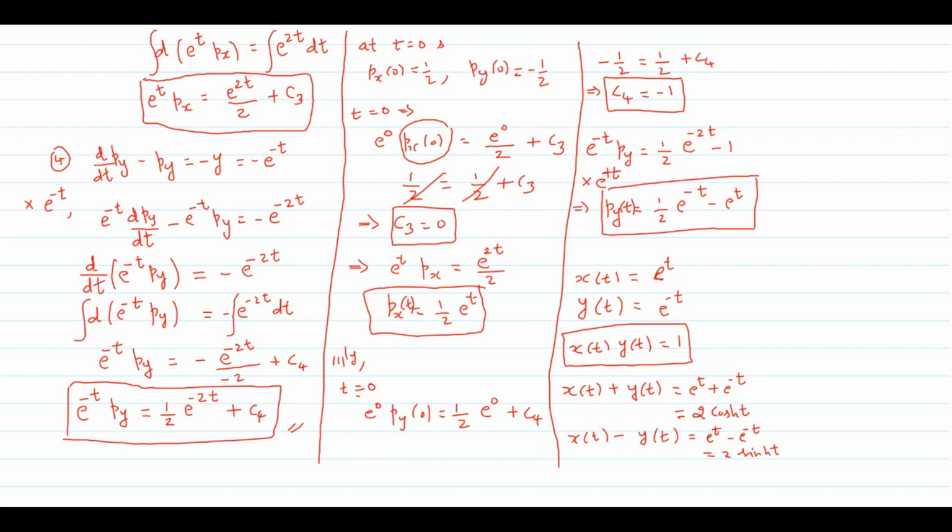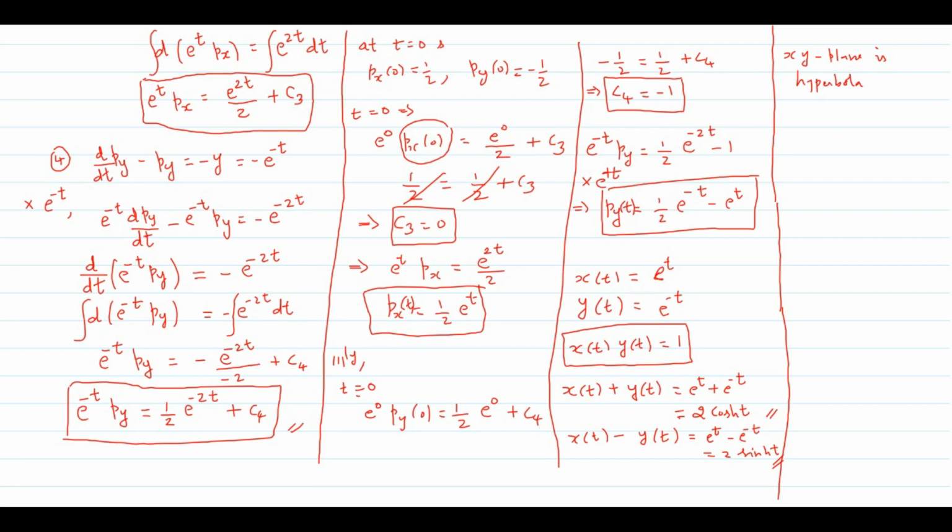Now what is the conclusion from this? The conclusion is like sine theta and cos theta, they are trigonometric functions, right? Sine theta and cos theta parameterize a circle. In the same manner, cos hyperbolic t and sin hyperbolic t parameterize a hyperbola. So from this we conclude that the curve traced in the xy plane is a hyperbola.